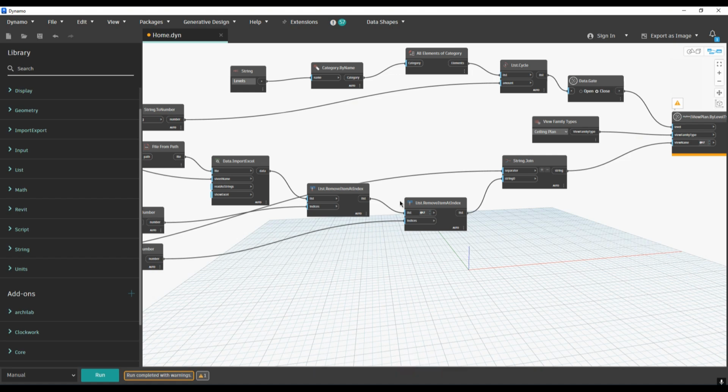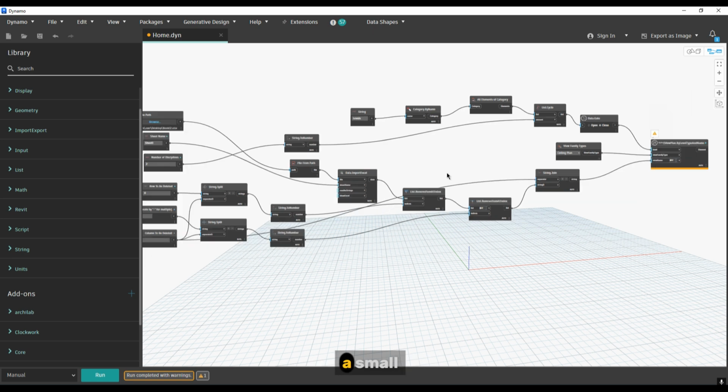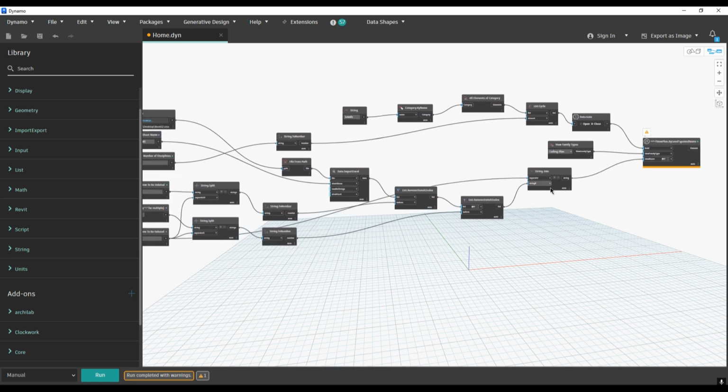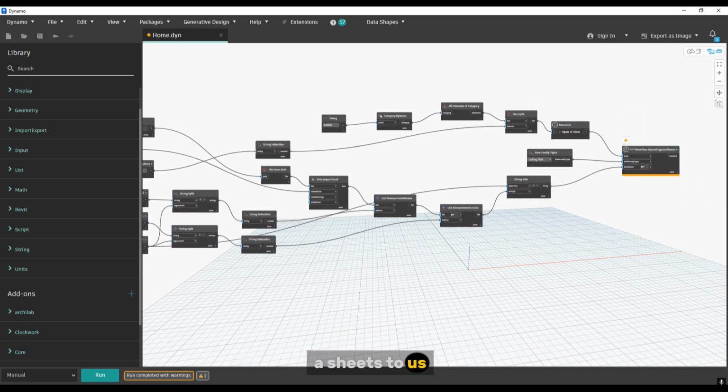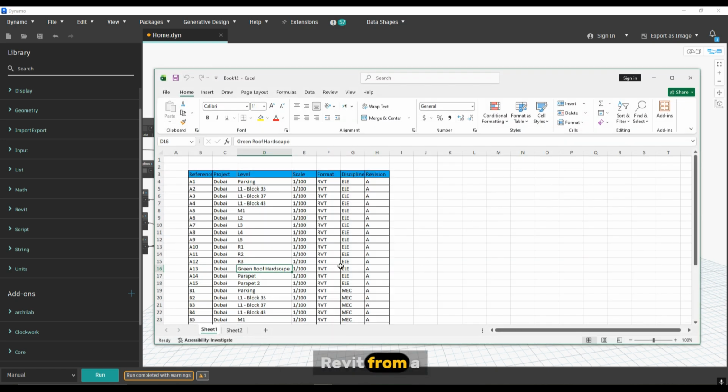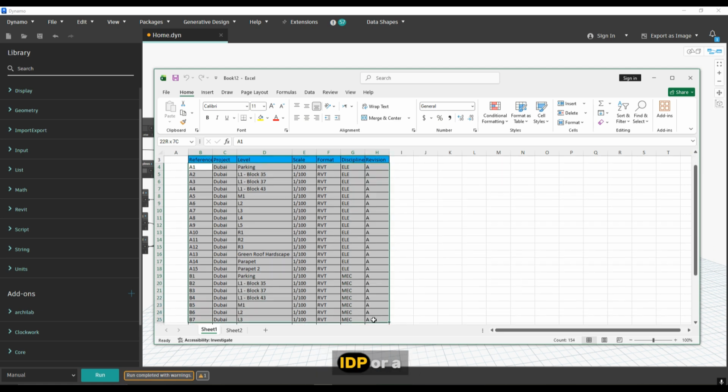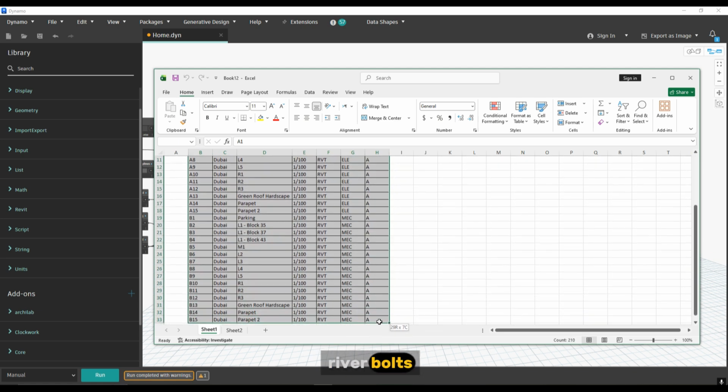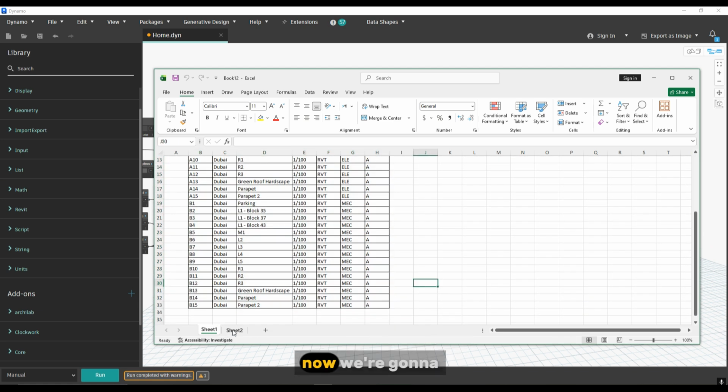Hello everyone. In our last video, we created this small workflow that creates sheets for us inside Revit from an Excel file. That could be a TIDP or a schedule, a list of deliverables. Now we're going to add on to this script to apply a view template and to check if the drawings are already